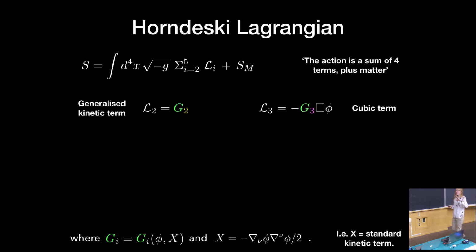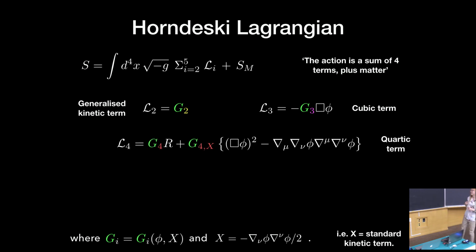Okay, so you can see straight away there are these functions in the action that I'm not specifying because Horndeski is a parameterization. These are the freedoms of the action that you tune to recover all those different models. After that, things start getting a little bit stickier. L4, the quartic term, contains another function, surprisingly called G4, which appears multiplying the Ricci scalar, and then appears with a derivative taken. So G4,X is the derivative of this function G4 with respect to this argument X, multiplying some stuff we don't really care about.